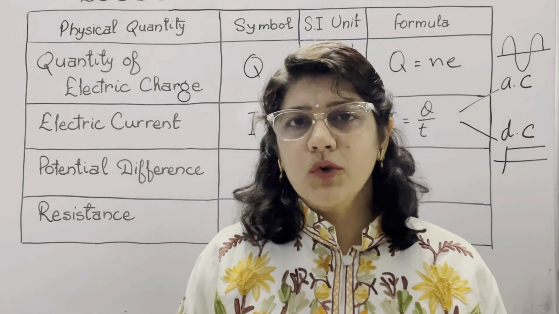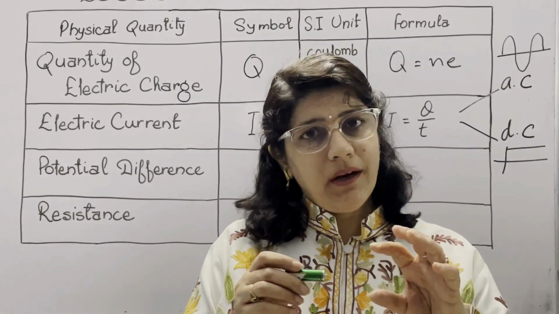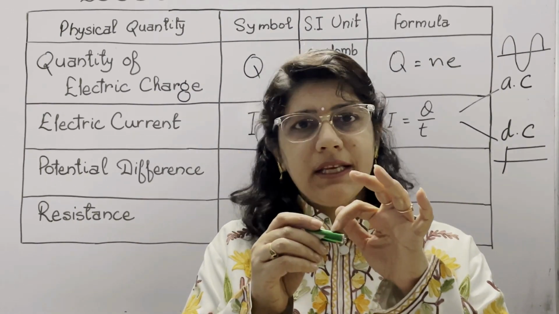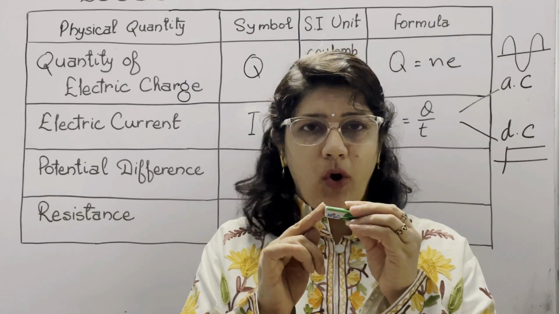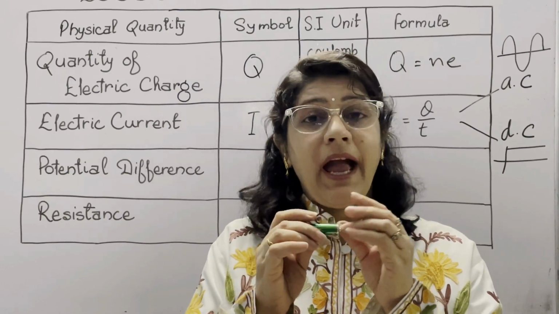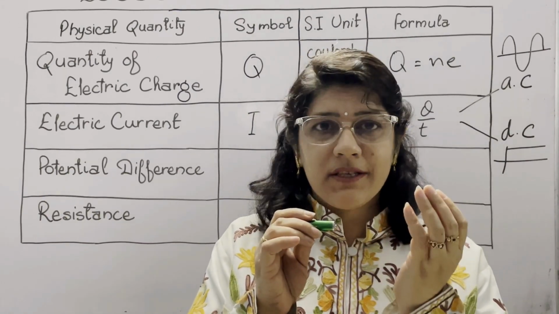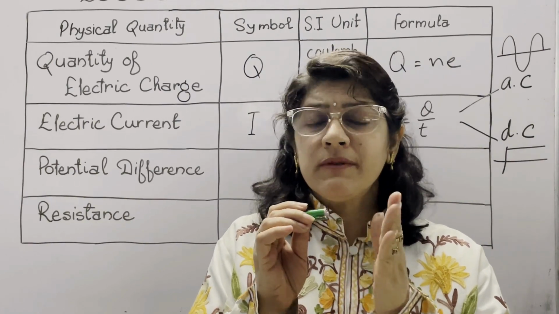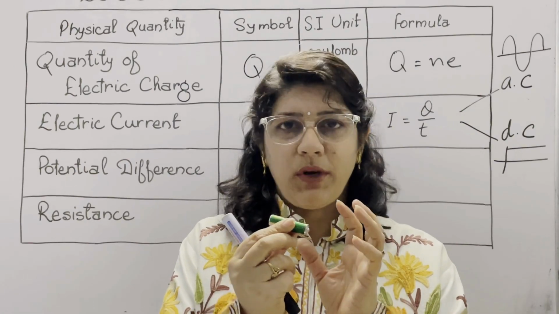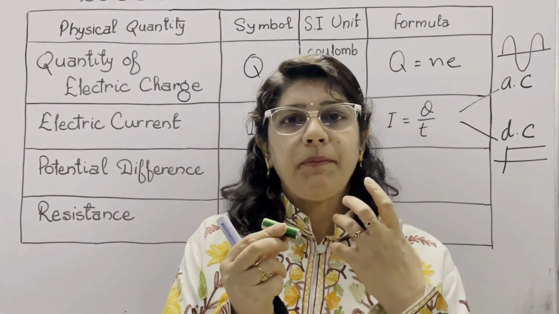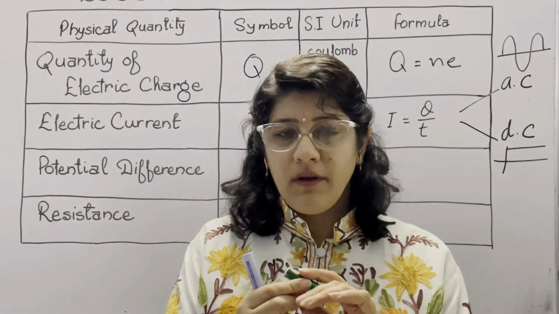Cell is a small source of electricity. Basically, chemical reaction in the electrolyte inside the cell develops an excess of electrons on one side known as cathode, which is at negative potential, and a deficit of electrons on the other side, known as anode, meaning positive potential. The difference between these two potentials is known as potential difference, which makes a cell capable of providing electric current.